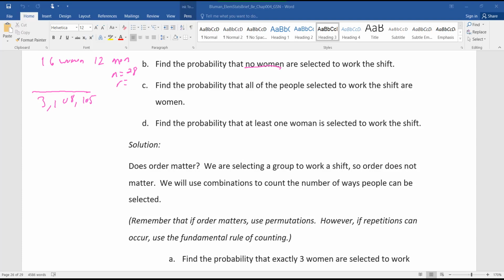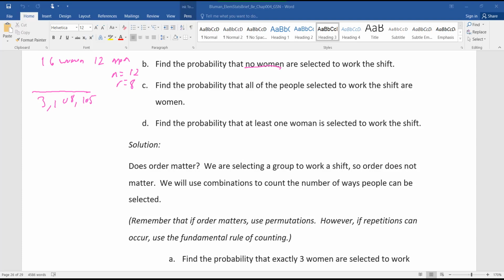Really and truly, I don't have 28 total because I'm selecting from the men. I don't have 28 men. I have 12 men, because I want it to be a man. I don't want any women in my group. How many people are we selecting though? 8. That was part B. Part B, I wanted exactly 3 women. Part B, I don't want any women. Yeah, this is a whole new question. So on this one, I have 12 men and I want to choose 8 of them. So I don't have any women.